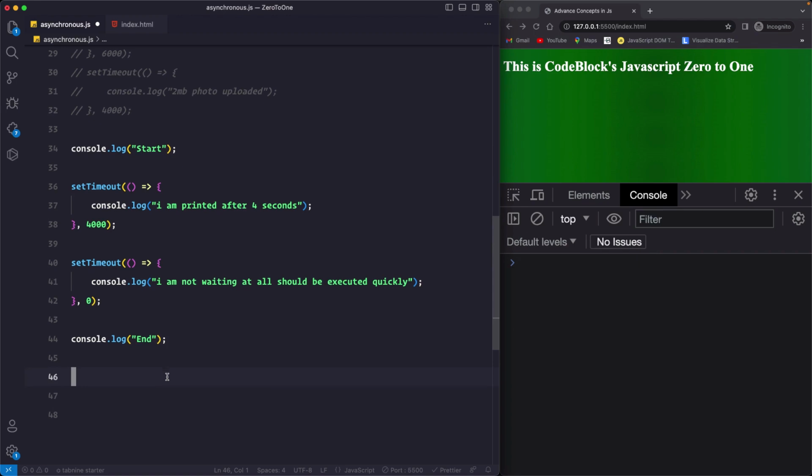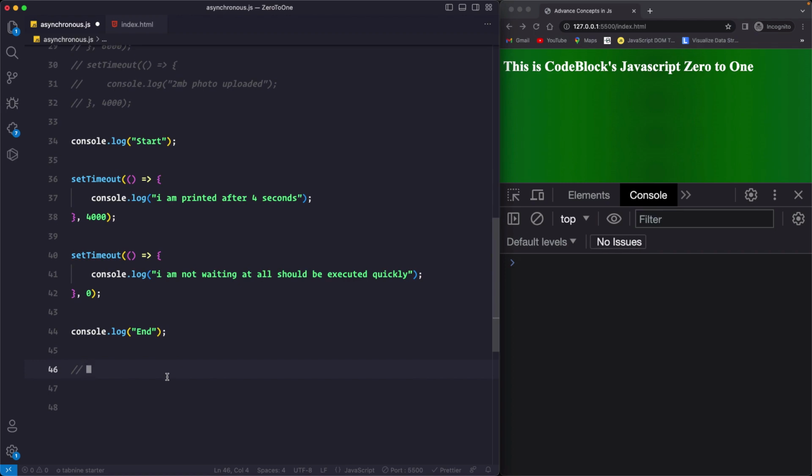So I hope you were able to figure out the solution of this code. Now let me show you what will be printed. First this start will be printed because of course the script is starting on line 34. All of the previous code has been commented out. So here start, and then after this start, what do you think will be printed? We know that this set timeout function delays the execution for this provided time frame, which means this 4000 milliseconds,